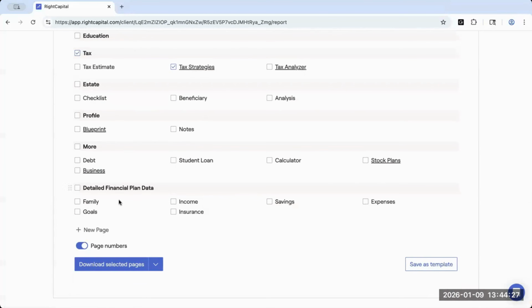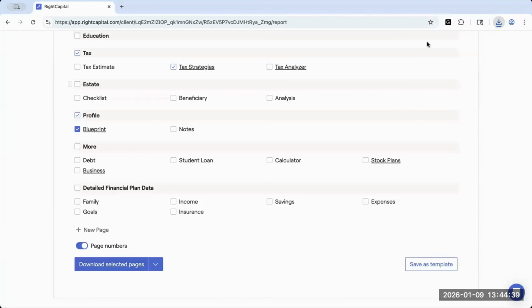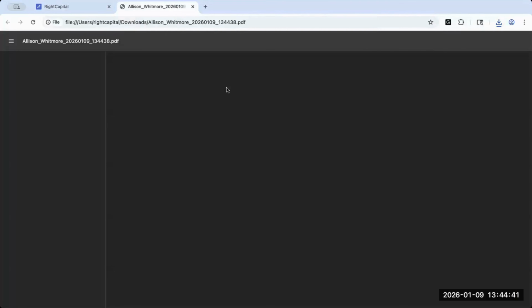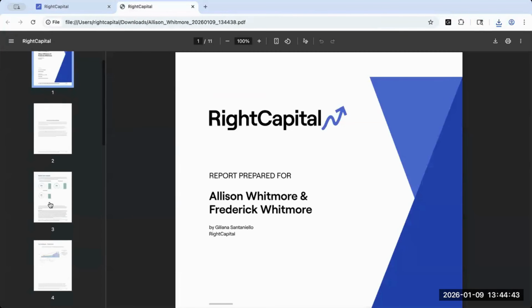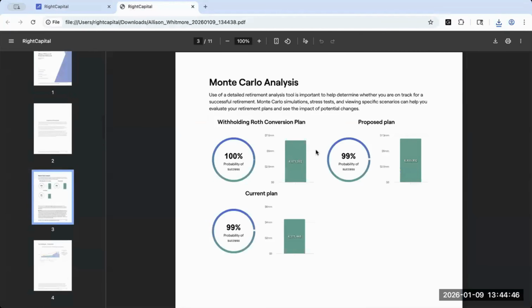And you can include other items, for example, like the blueprint within your report. And once you do select those, you can click download selected pages. That's going to download the report as a PDF to your computer. And once you do download it as a PDF to your computer, we can see here the visuals available for us. And there is that 3-way kind of side-by-side comparison versus doing no conversions, doing conversions without withholding, and doing